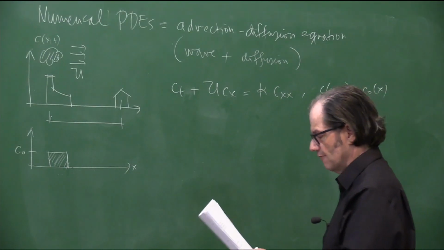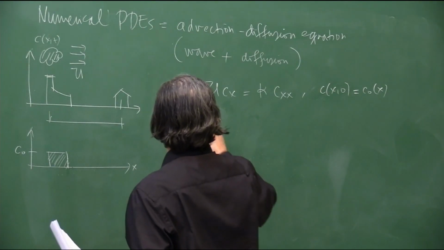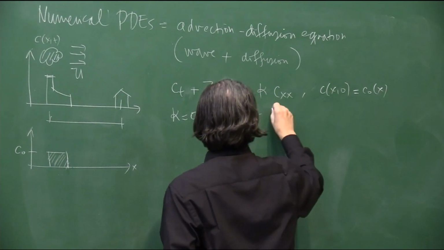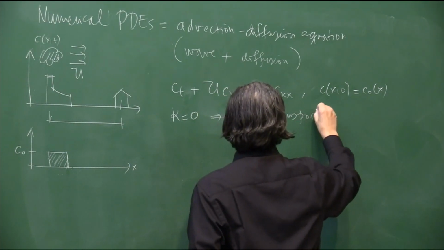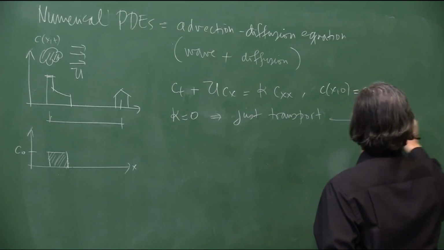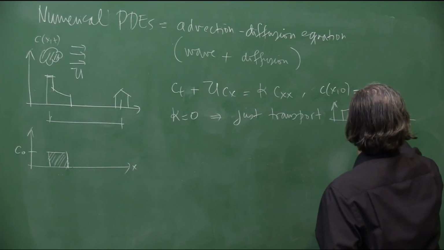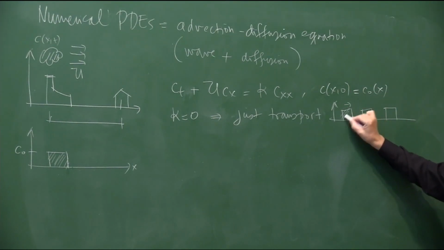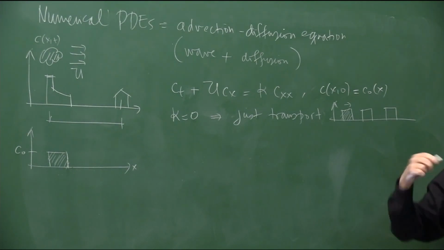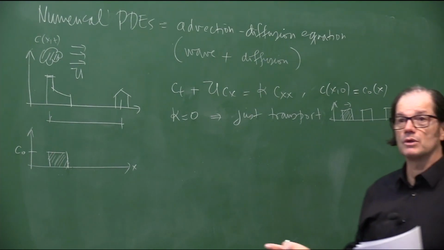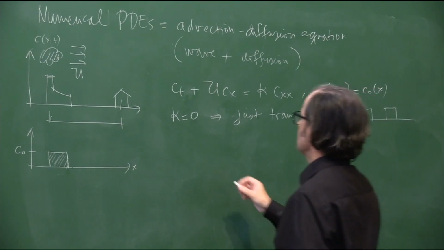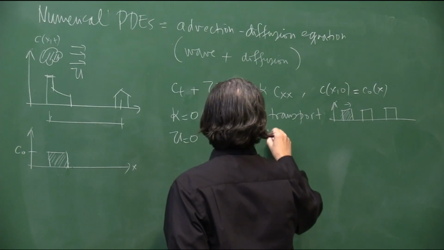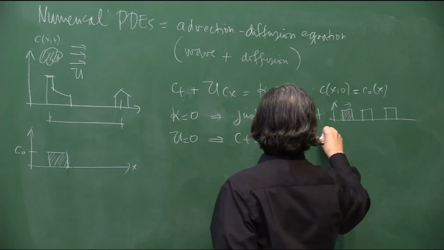Let's just think that this is okay. And look, if I have kappa equal to 0, so this is just transport, and we should see the little square or rectangle moving to the right with speed u. That's the wind blowing, right? Another example is no wind. This means we have